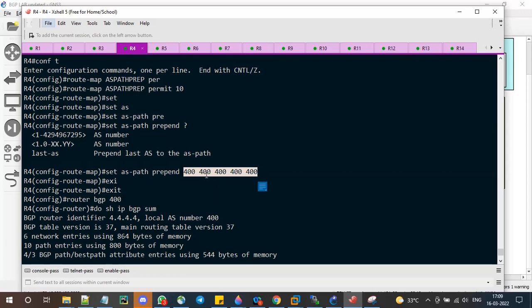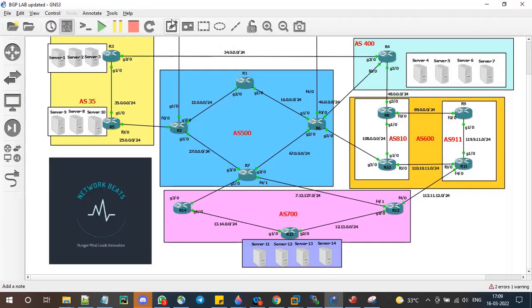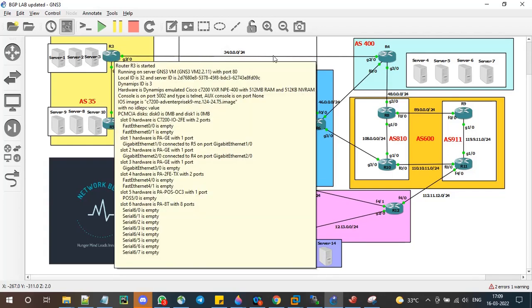That means the longer the AS path, the less preferred it is, right? The shortest distance is more preferred, like as a best path. So we are increasing the distance so that router 3 will think that this is a very